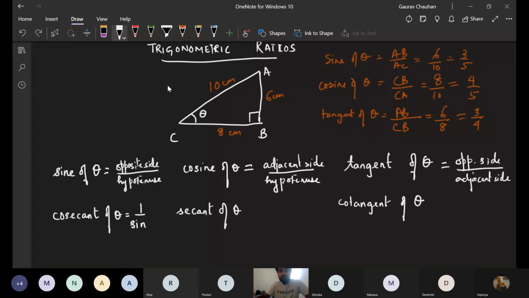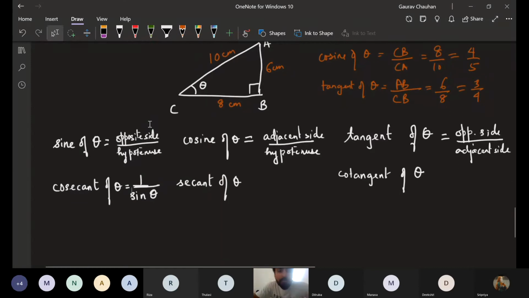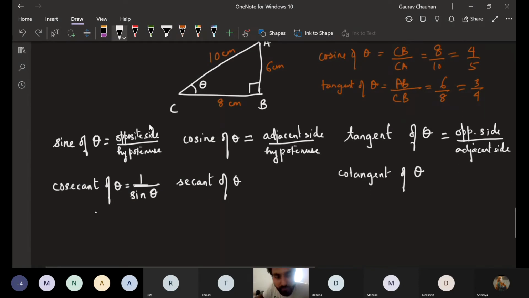Okay. I'll tell the short forms also. But can Dikshit, maybe can you try? What will it become after doing reciprocal? What will sine theta, when I do reciprocal of this, what will happen? What will come? Dikshit, you want to try? Sir, it will become hypotenuse by opposite side. Very good. Hypotenuse divided by opposite side. Everyone good with this? Anyone has a confusion about how Dikshit did this?